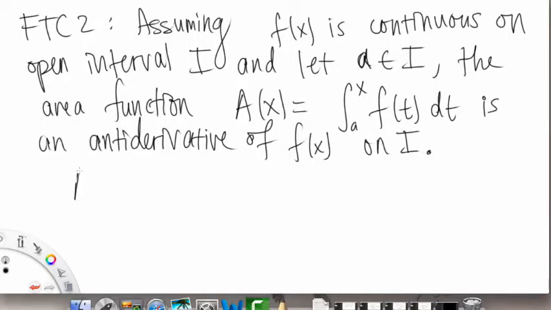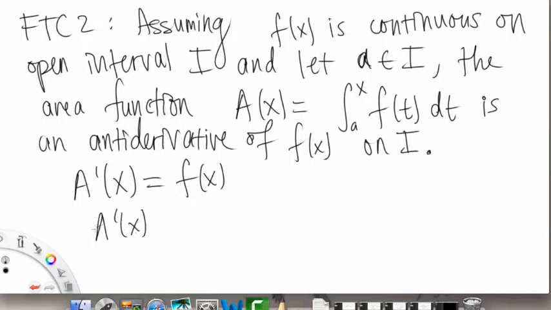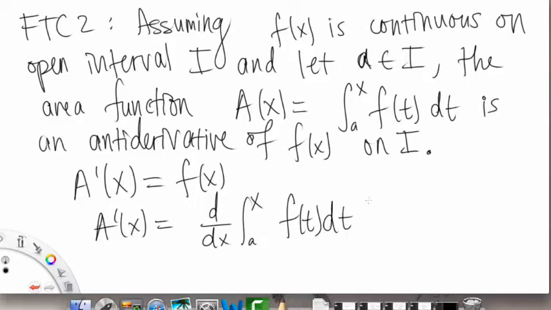And additionally, that means that A prime of x, because it's an antiderivative, is equal to our f of x. That's what I showed on the last slide, that shows why it's equal to our original function f of x, okay? We plug the top limit in there, so f of x, all right? And then the last thing to note, this is also part of the Fundamental Theorem of Calculus